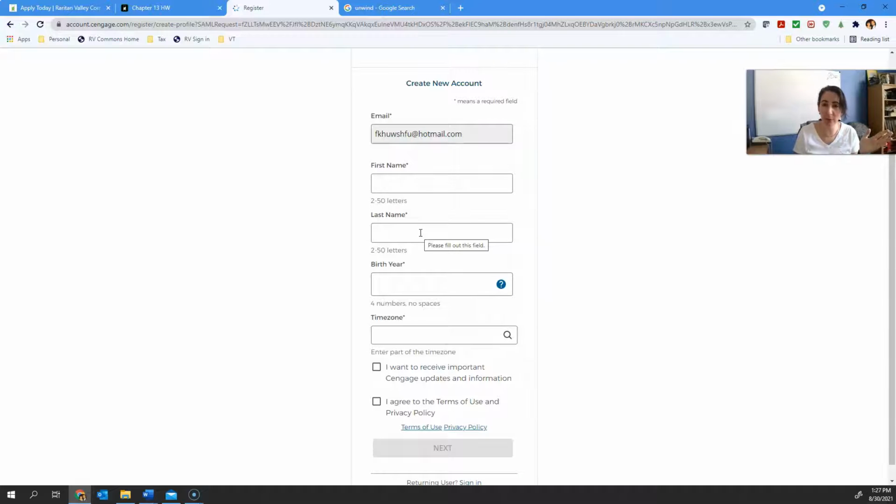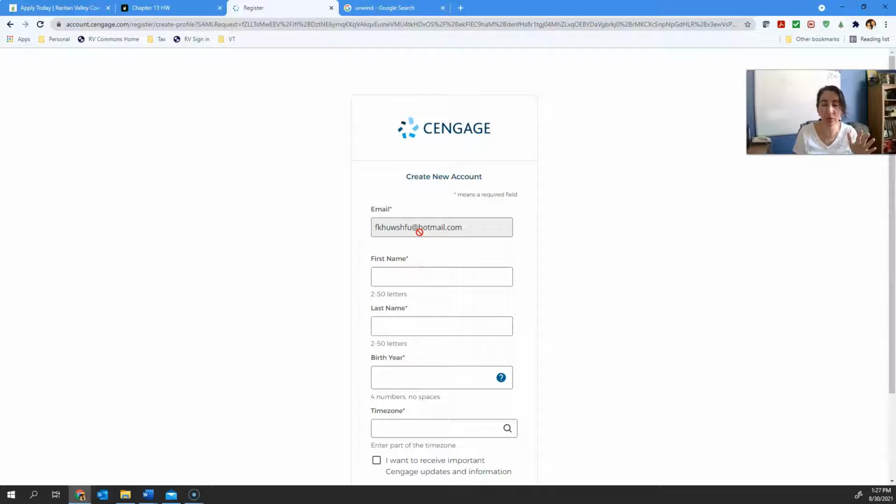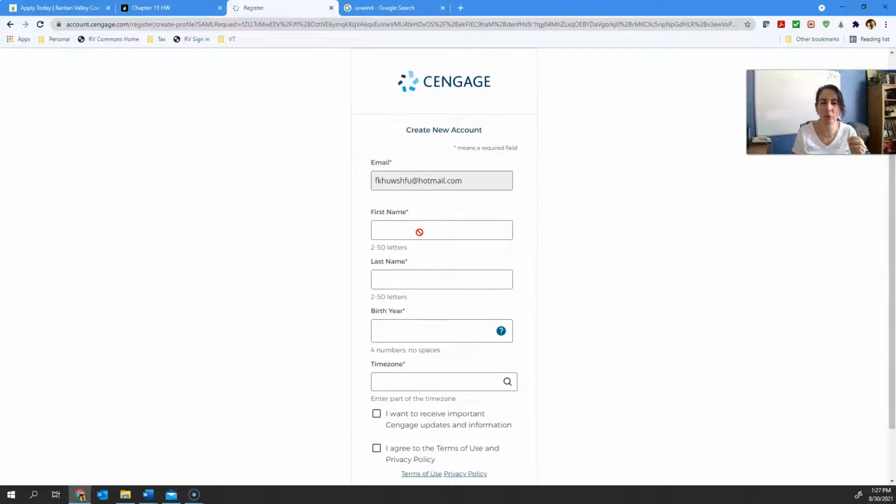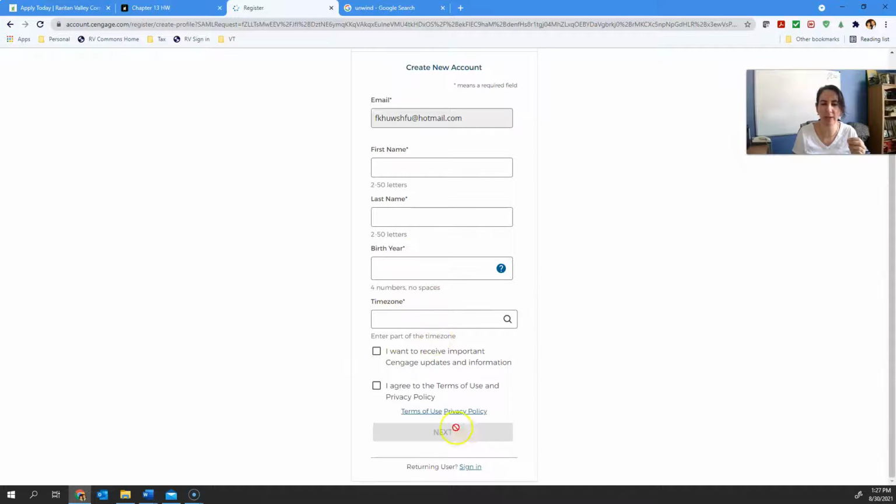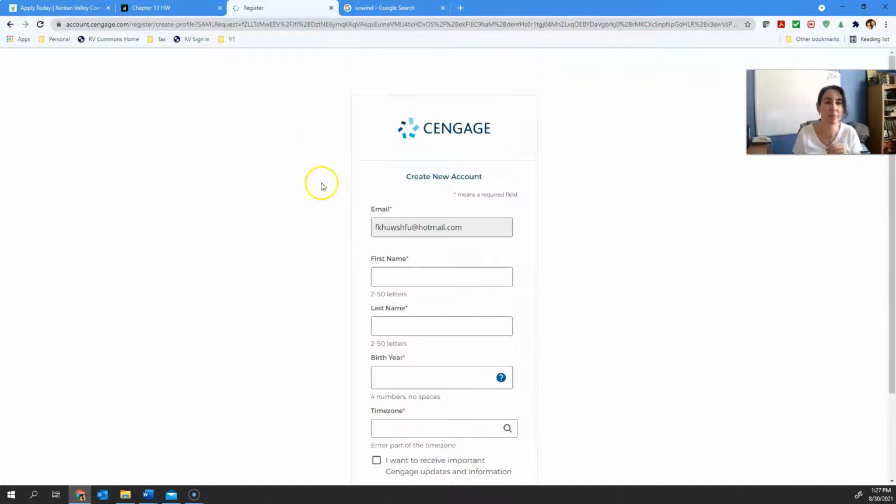Now, if you have to buy it through the bookstore for whatever reason, financial aid reasons or any other reasons, that's fine. You're going to get a code at the bookstore, and that code is something that you would put in, okay? As you're signing in and creating an account, it'll ask you for a code, or do you want the free trial access, or do you want to buy it right now? Those are really your main options.